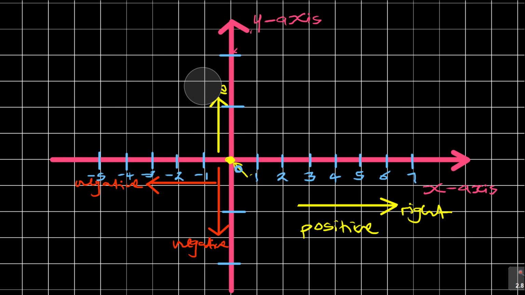So here we said it is positive. I don't have space to write. Depending on your scale, I can maybe use a scale to say this is 2 and then this is 4, or it might require me to use a scale of 5. Then this would be 5, this would be 10, positive, and then going down is -5 and -10. Anything, but you need to be consistent. So this is what we call a